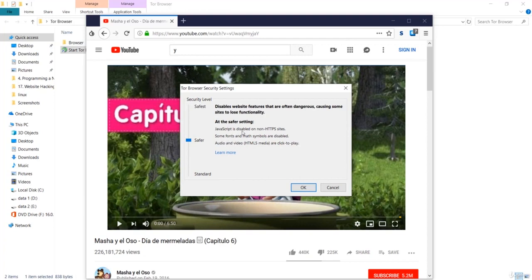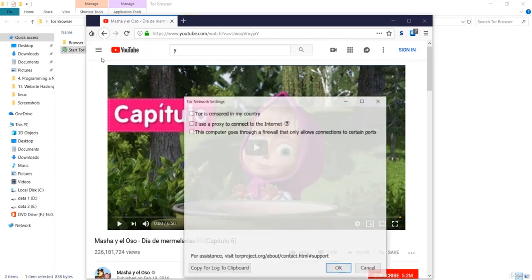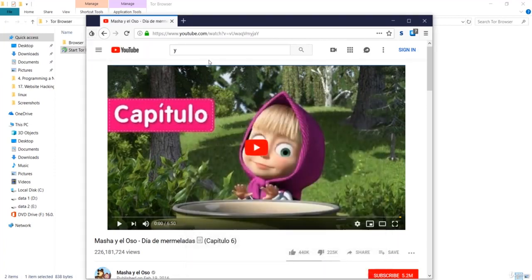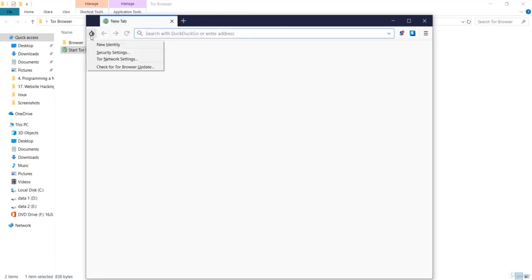So JavaScript is disabled on this non-HTTPS website. That means some of the features like the gesturing and everything, that is DOM manipulation, have been disabled in this website. So this is a safer website than before, because this cannot be traced as easily as before. So the next setting over here, let me close this one,